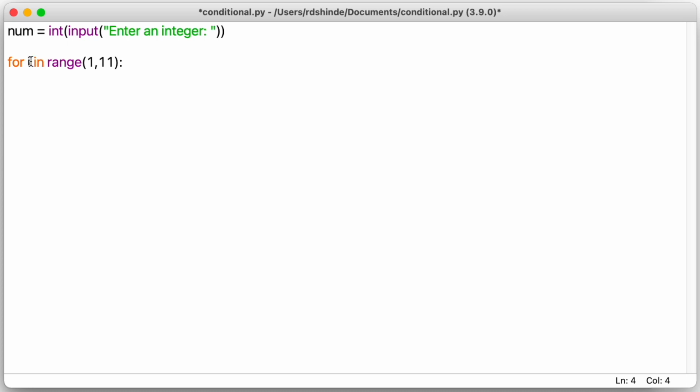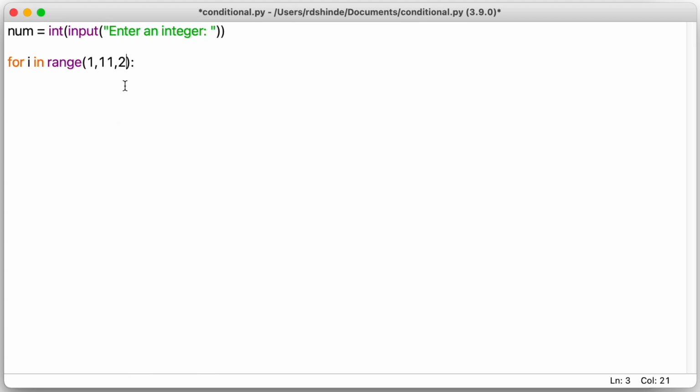And this in, it is a membership operator. This membership operator is responsible to check whether i is in range, that means whether i is in the sequence of this. So what is this range? This is an inbuilt function. We have passed here only two parameters. First parameter is the starting parameter, then this is the end parameter, and this last parameter it can take is a step parameter.